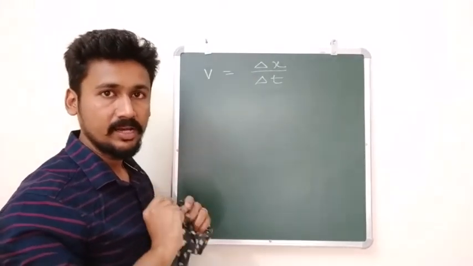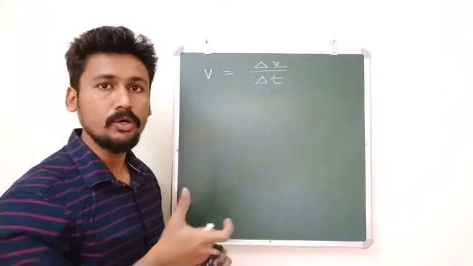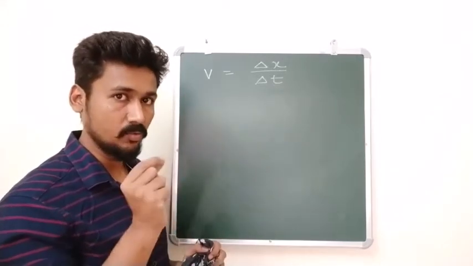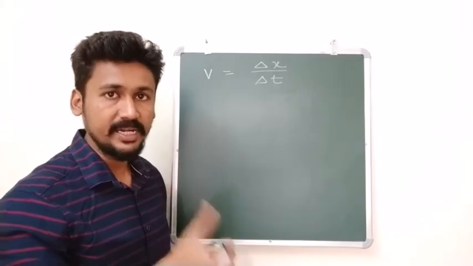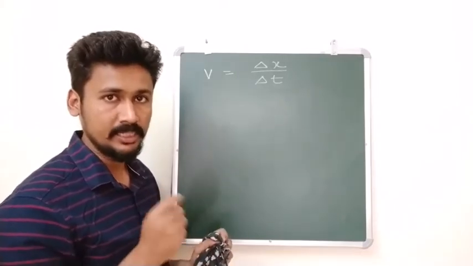Now, if I want to find instantaneous velocity, what is the meaning of instantaneous velocity? See, when we are having a motion, our velocity could be changing. It is not necessary that we have one constant velocity. Normally that is what happens, right? Our speed keeps on changing, so the velocity will also keep on changing.